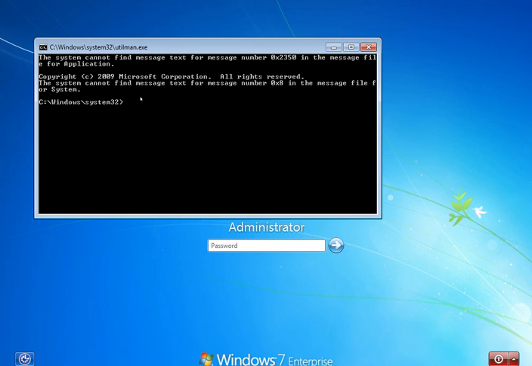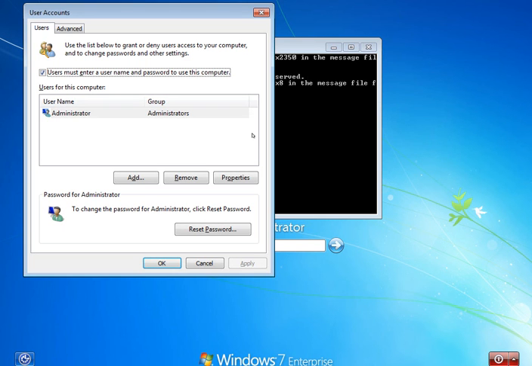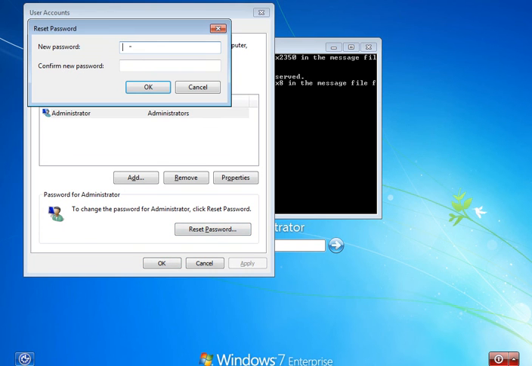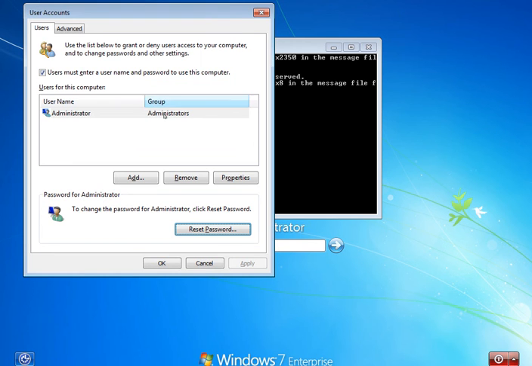Good. So now here we can run the command control userpasswords2 to reset any password. Yes, we can do that. We can reset the Administrator password. You can give any password you want, and we can do anything.